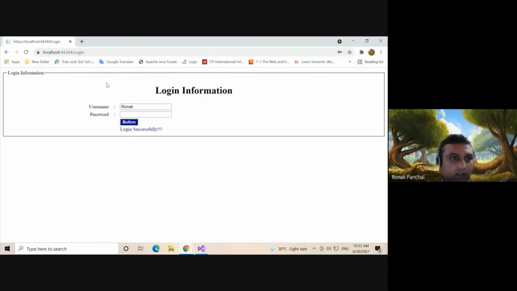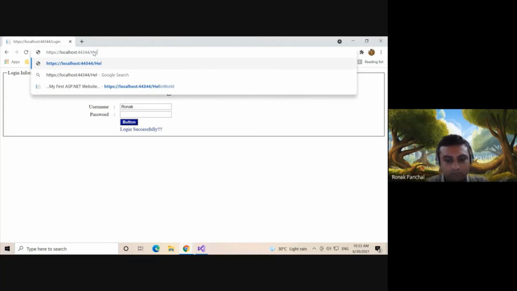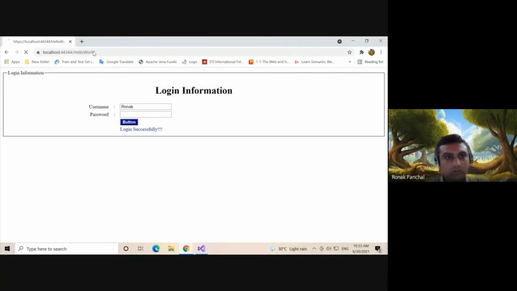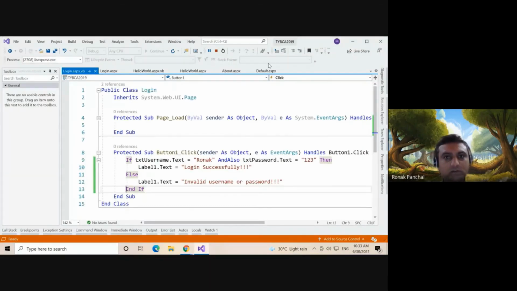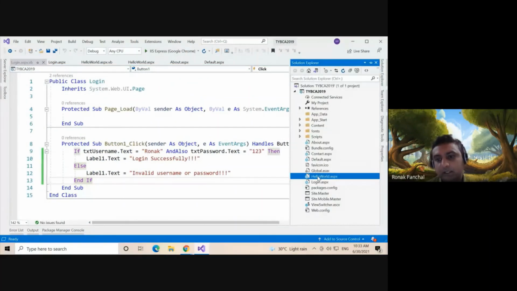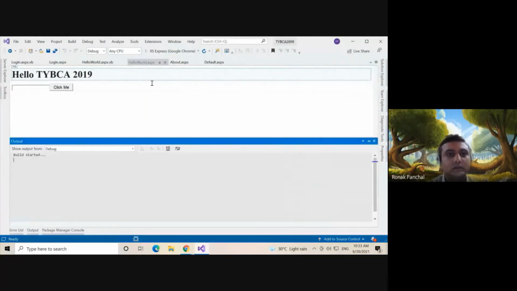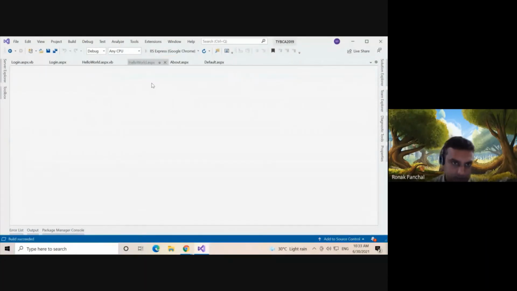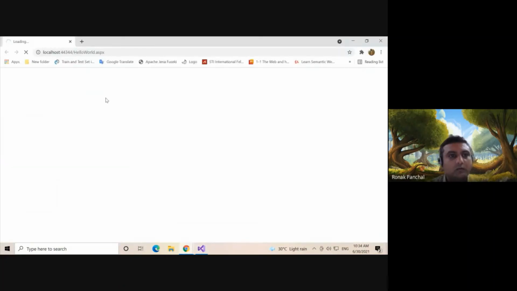Here I can change Hello World. So this is the first program. If you want to change this, go to Solution Explorer and click over here, Set as Start Page. Now the Hello World page is running.